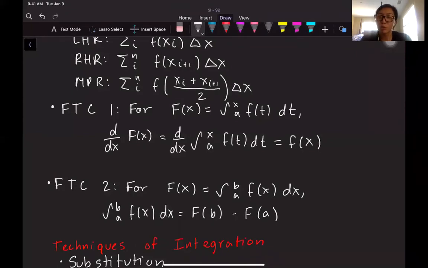So remember FTC1, that's what we use for the derivative of an integral, right? And the limits of integration, one of them is an x, right? Remember that FTC, we can only use it this nicely if it's just a single x. So if we have the integral from a to cosine of x, or a to x squared, the chain rule comes into effect, right? So remember that we'd have to multiply by the chain rule as well once we write in our f of